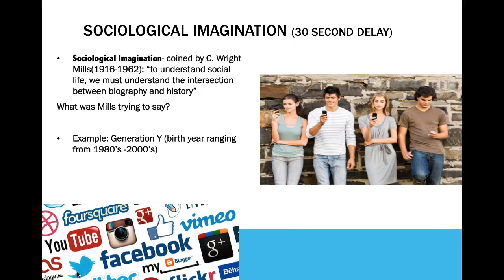Another point is that who you are, that is your biography, which could include your race, your gender, your culture, also influences how you experience the social world. Again, think about how different life would be if you were a woman born before the 1920s, which is when women got the right to vote, or if you were a minority trying to look for work in a professional field pre-civil rights movement. So your life would be very different depending on where you are on that timeline.